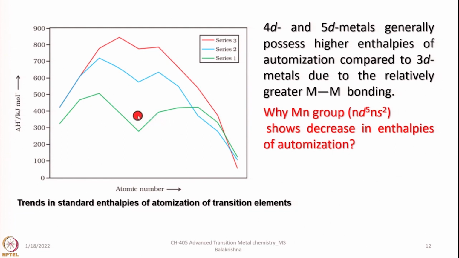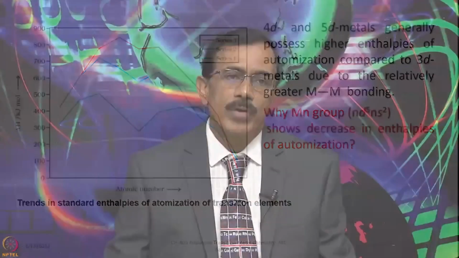But the interesting thing is why it drops in the case of the manganese group, having electronic configuration of nd5 ns2. That means it shows a decrease in enthalpy of atomization. The reason is very simple. Here we have d5 s2 electronic configuration, and when you have d5 s2 electronic configuration, because they are half filled and they